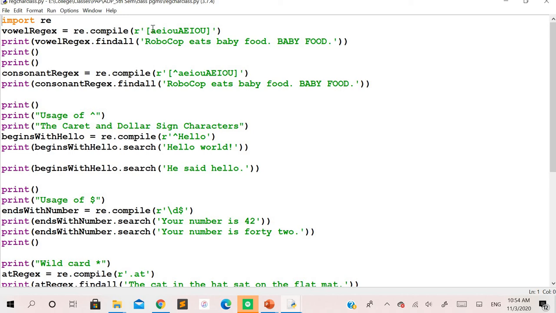You can see the pattern, or the set of characters that we want to be matched, has been included within the square brackets, which tells that any of these values can be considered for the matching here. In the next case, within the print itself, we have directly taken this object dot findall, and this is the input string that has been taken here.